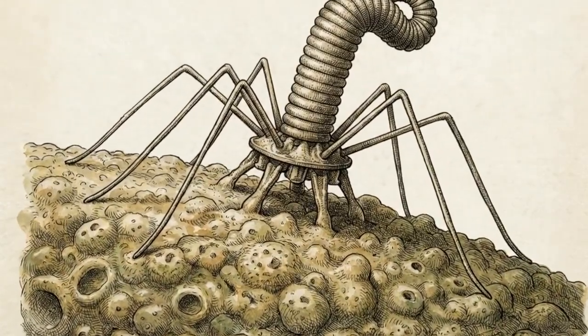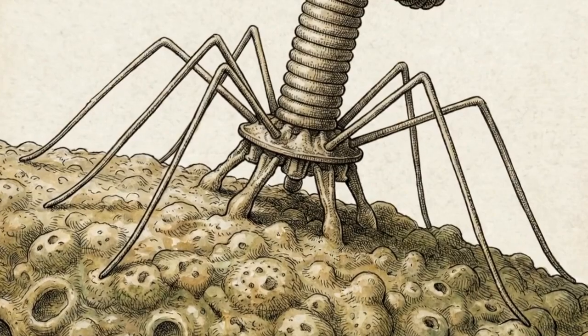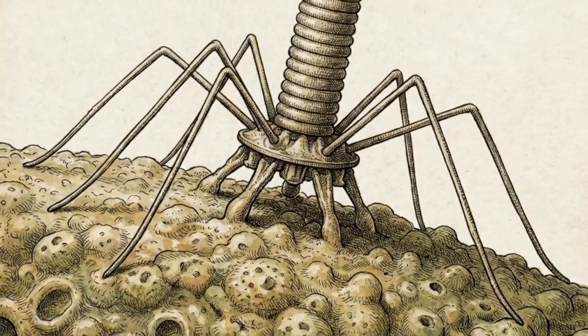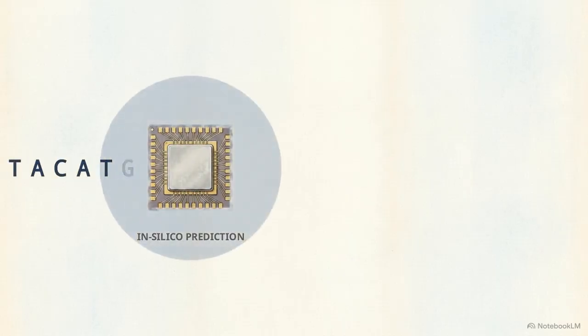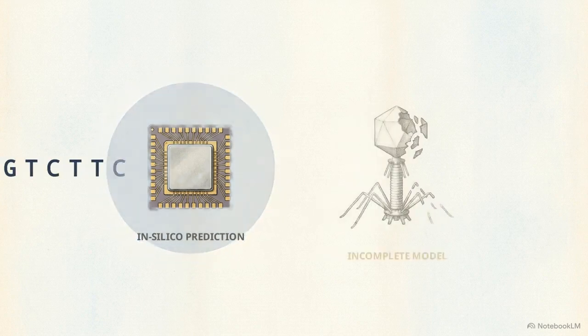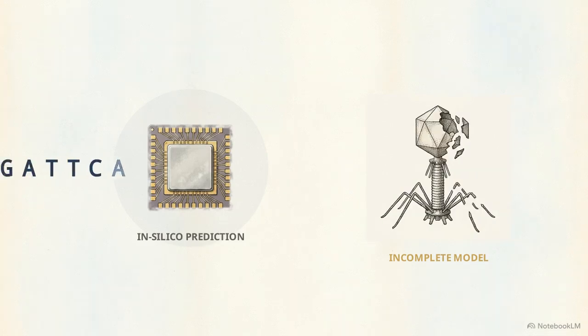Biology relies heavily on reading genetic code. We sequence a viral genome and treat that DNA as a master blueprint, assuming it tells us exactly how the final organism is built. But a genome is merely a set of instructions. Predicting the physical architecture of a mature virion exclusively from in silico DNA analysis often leaves us with an incomplete